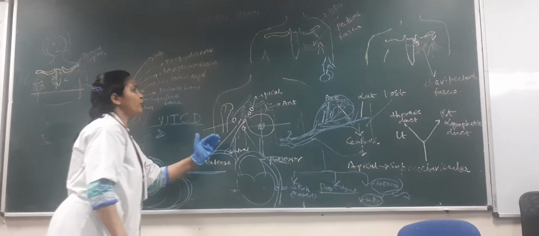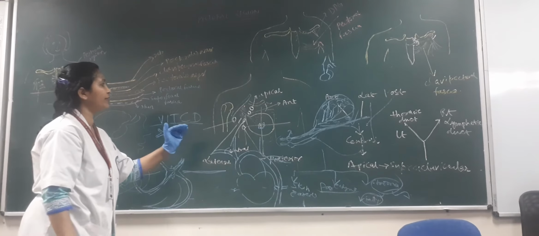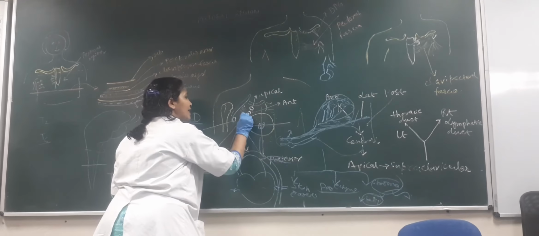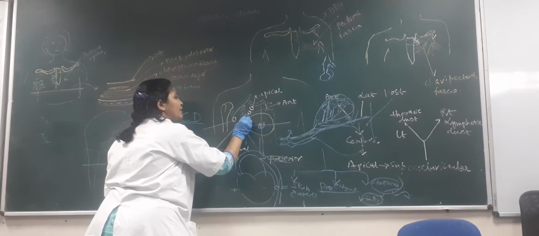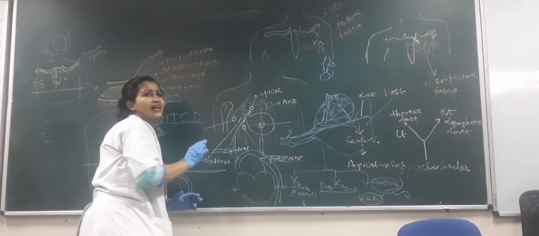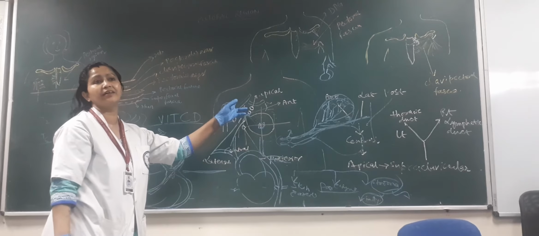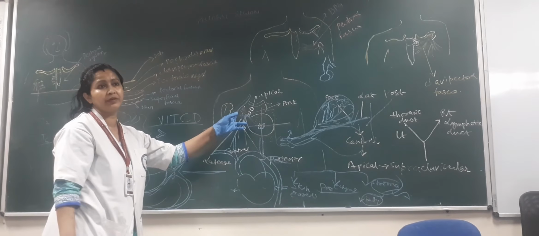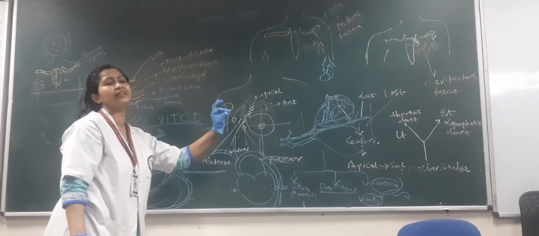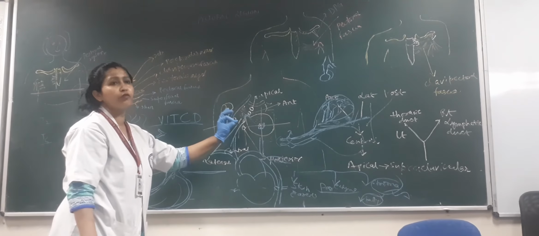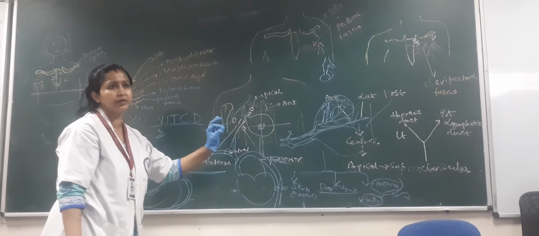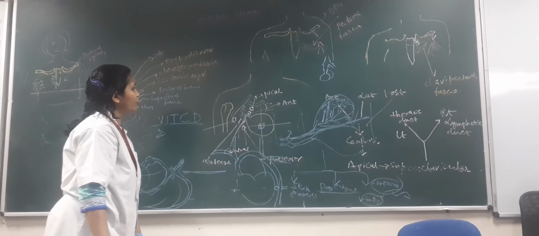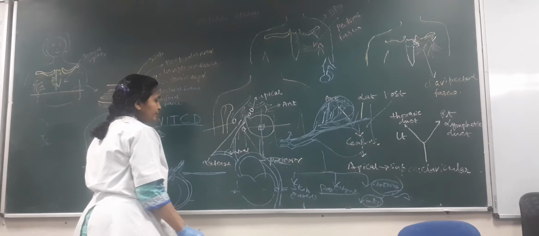In its posterolateral aspect there is one tail called the axillary tail of Spence, and it penetrates the deep fascia and reaches into the axilla at the level of the third rib, and that aperture is known as the foramen of Langer. That aperture within the deep fascia, the hole, is known as the foramen of Langer.